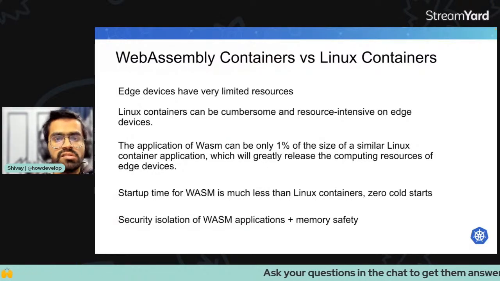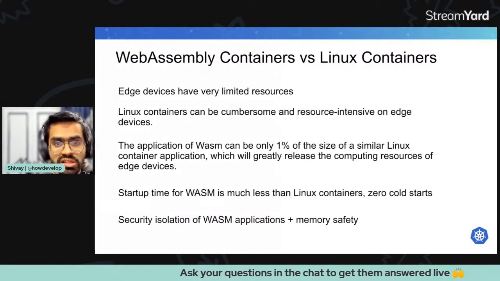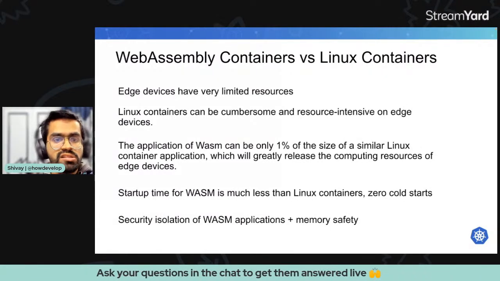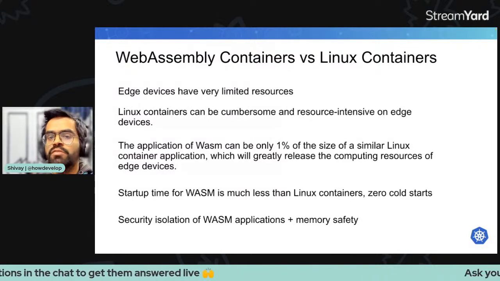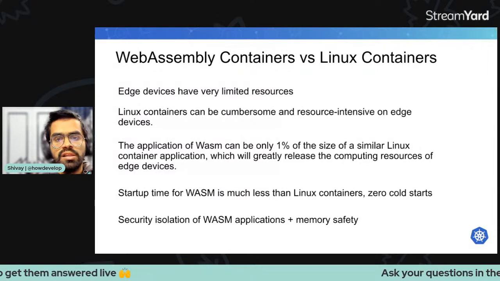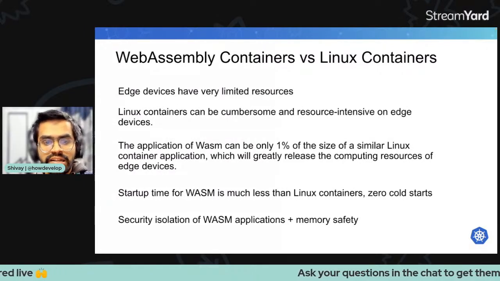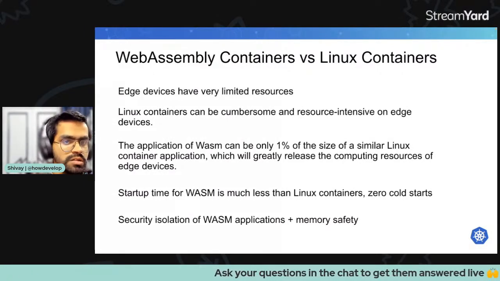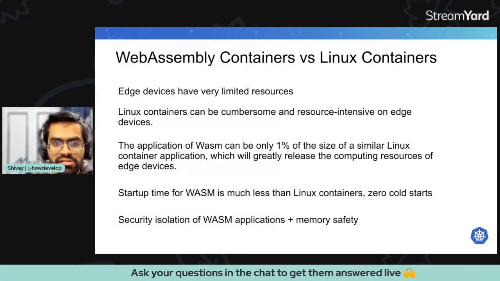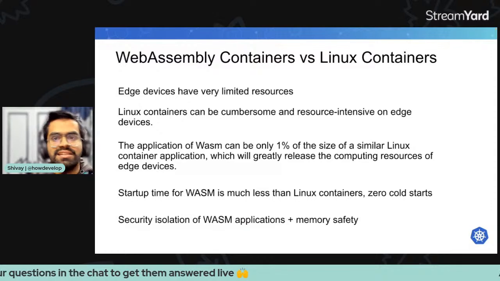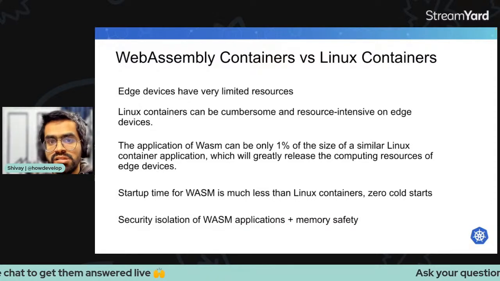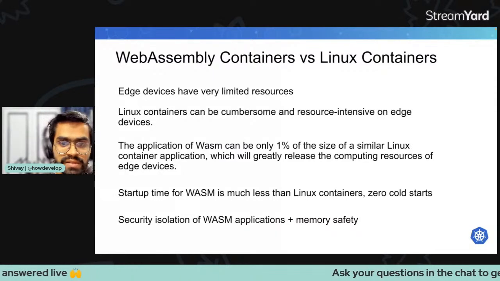Generally we have this problem of the cold starts, where if you're starting up a container for the first time, it will take a lot of time. So the startup time for a WASM container is a lot smaller as compared to your standard Linux containers. And of course, you also get the benefit of the security isolation for WebAssembly itself. So given the fact that there are so many benefits when it comes to your standard WebAssembly containers,